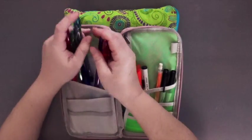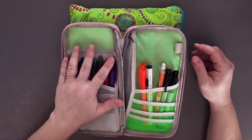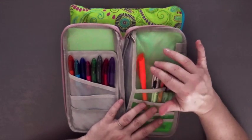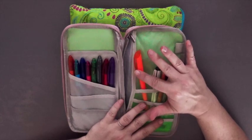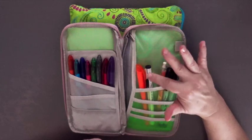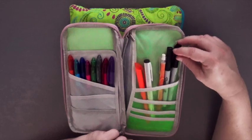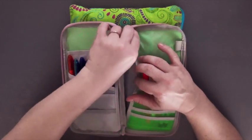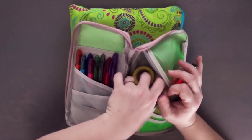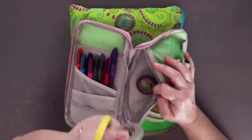What I carry on a day-to-day basis is just some RCP pens, because these are my favorite ones to jot down and write notes with. I carry a highlighter, and I'll usually alternate highlighters. Maybe I'll carry green, pink, whatever I feel like grabbing for the week. I carry an eraser, a pencil, and 2 fine tip Sharpies. And then on the inside here, I carry some really thin washi. I don't carry the decorative washi. I keep that at home because I don't,